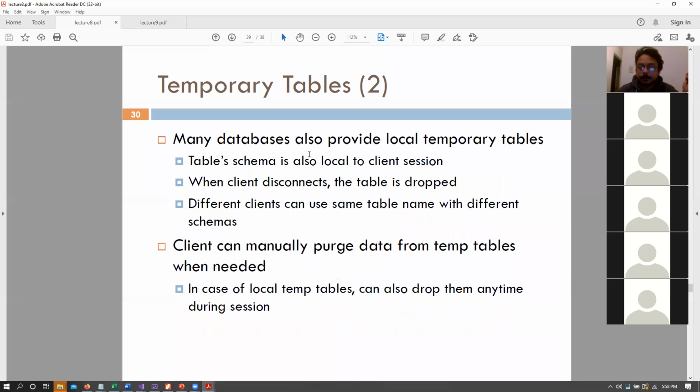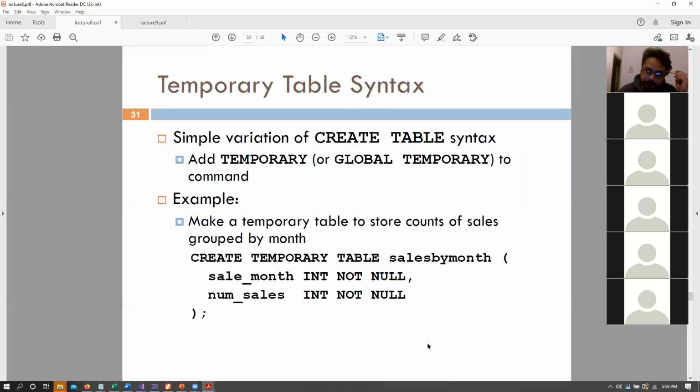Compared to that, a temporary table, usually a local temporary table or just in general a temporary table, is local to each client session, and every client session would have their own schema and their own data values as well. Okay. So a temporary table is purged after the session ends. However, we can also purge the data if and when we want to. So we have that ability as well.